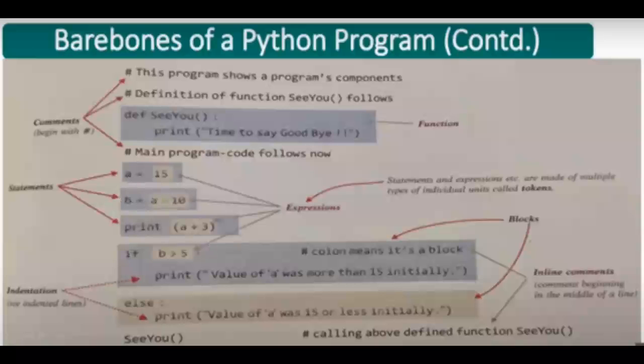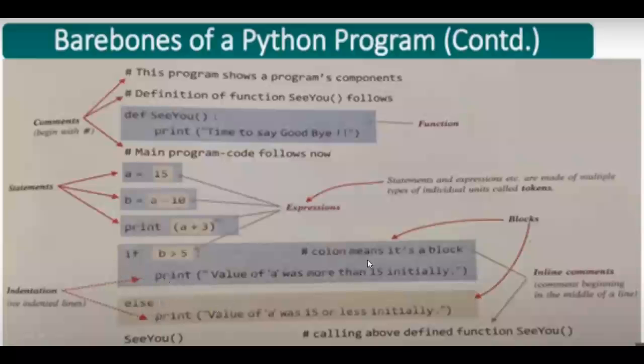Now these A statement and B statement are known as the simple statements of Python programming. A statement is nothing but an expression which is doing, acting, or executing something. For example, A is equal to 15 means you are assigning a value to the variable A. B is equal to 18 is similar. These statements are also sometimes called expressions.